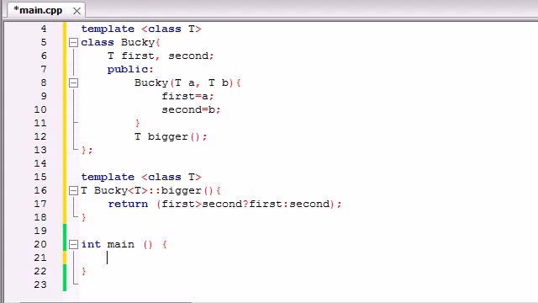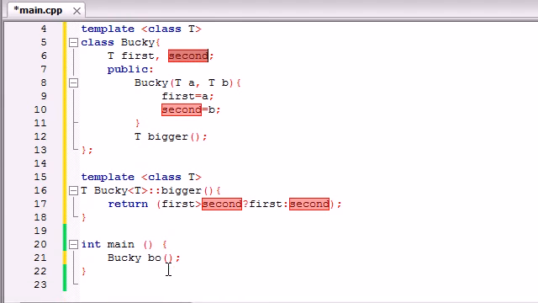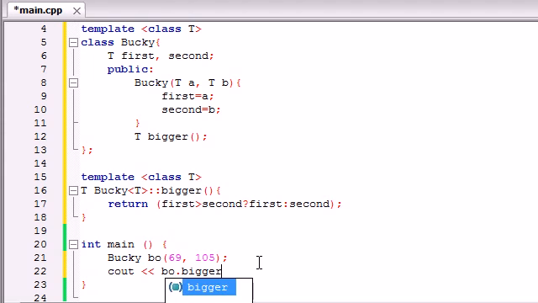So if you think you guys know how to do this, you don't, because there's one other little weird thing that you have to do. You go ahead and make your Bucky object just as you think you would, and since this is a constructor that takes two parameters, first and second, we need to give it its two numbers like 69 and 105. And now after this, we can go ahead and cout bo dot bigger, and remember, this bigger